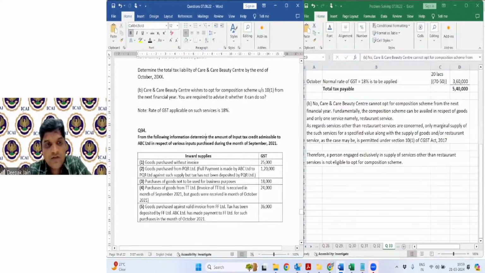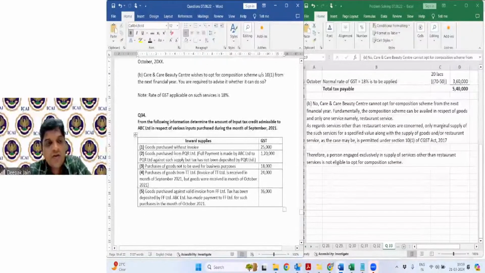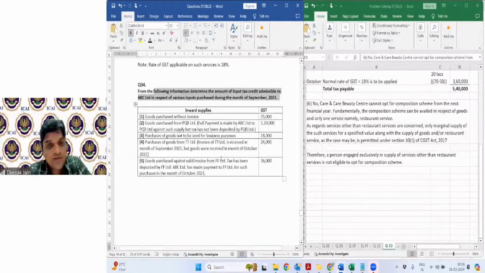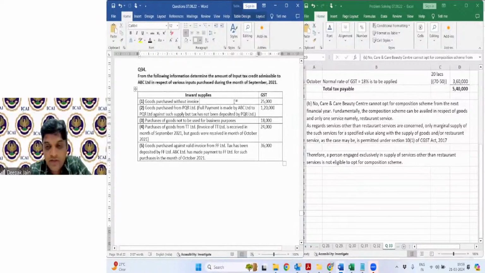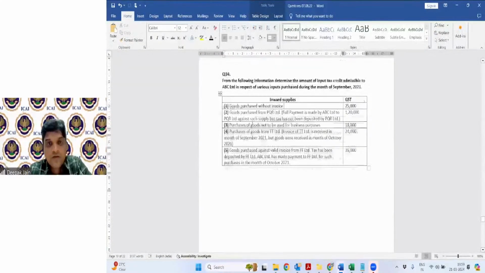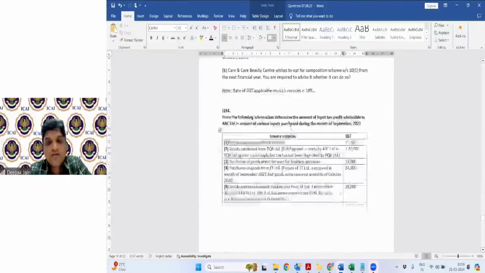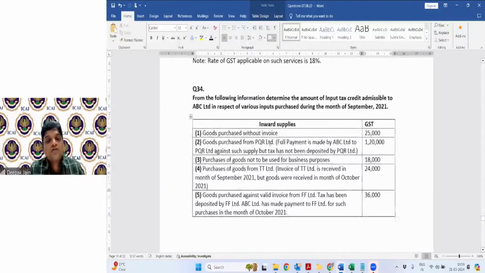Question number 34. From the following information, determine the amount of input tax credit admissible to ABC Limited in respect of various inputs purchased for the month of September 2021. Goods purchased without invoice, 25,000. Goods purchased,